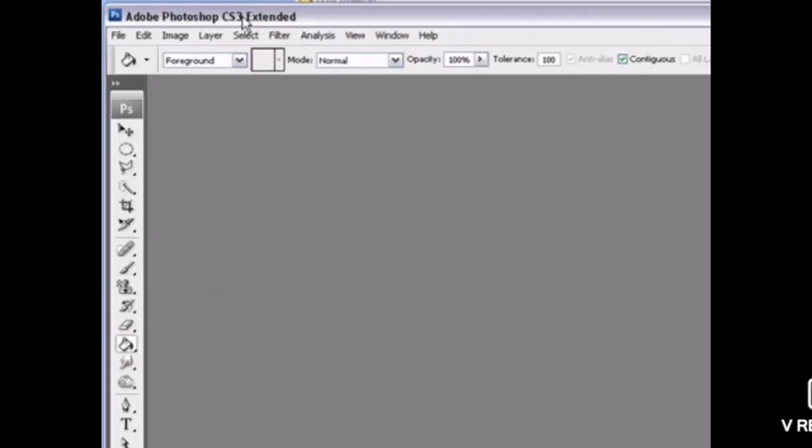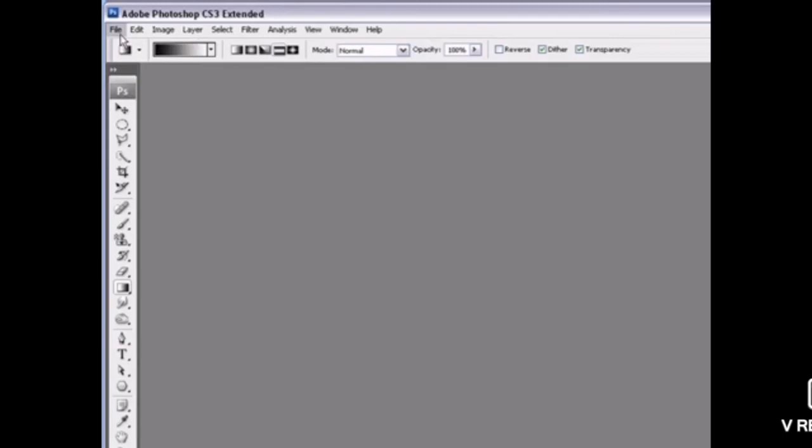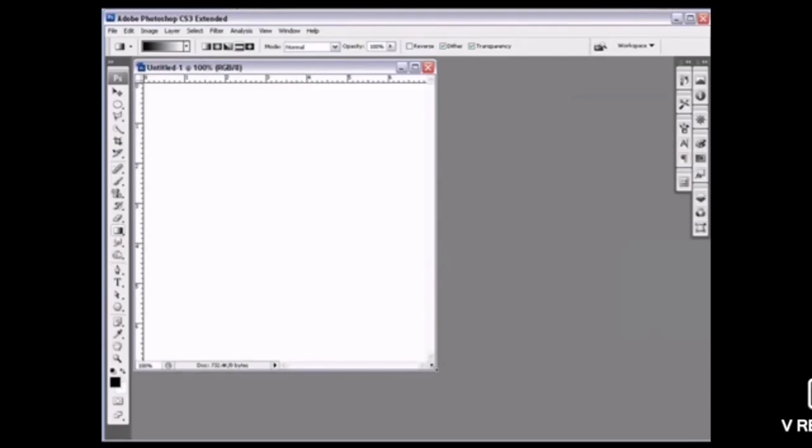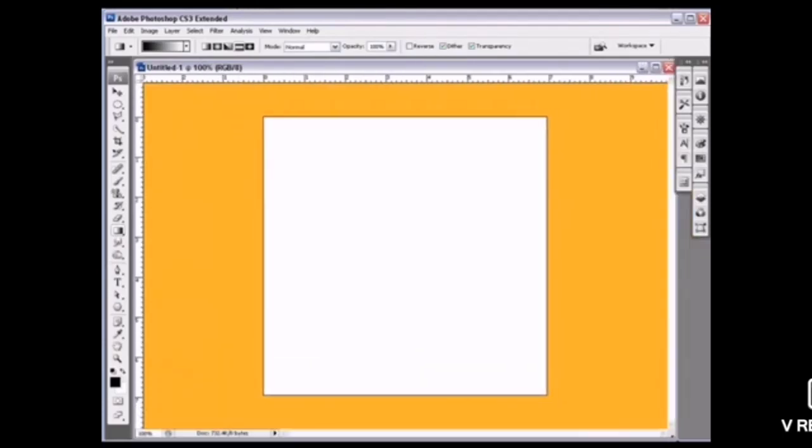In our tool palette, just go to the paint bucket and click on it. As we click on the paint bucket, we have two options. From that, we'll choose the gradient tool. As the gradient tool is open on our screen, let us open the file first. So now I have opened a file with an unlisted name. I'll drag it down and make it a big section for it.